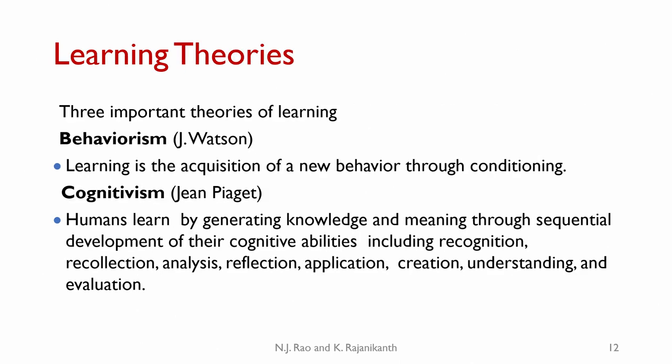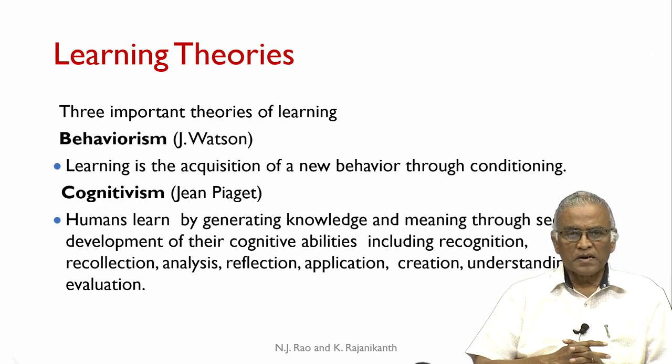Now, we look at only 3 important theories of learning. There are many theories of learning. We will just confine ourselves to 3, which are the most dominant ones. In fact, the first learning theory is behaviorism due to Watson. Behaviorism considers learning to be the acquisition of a new behavior through conditioning,